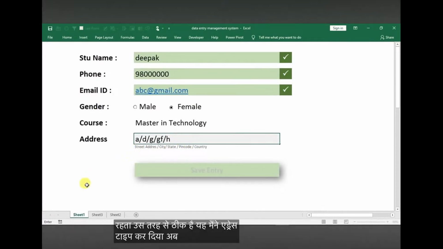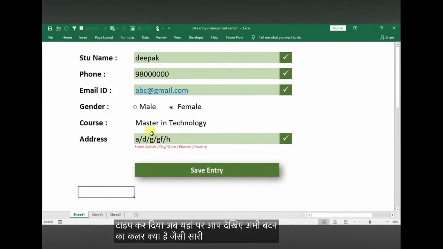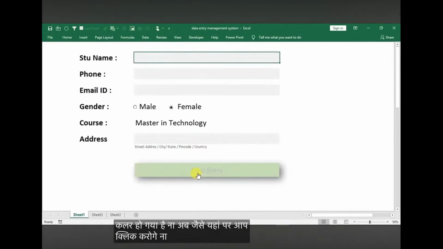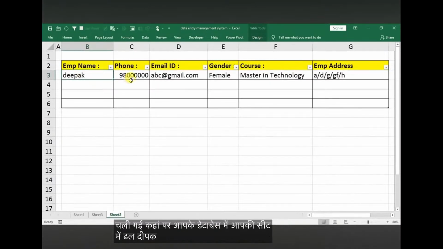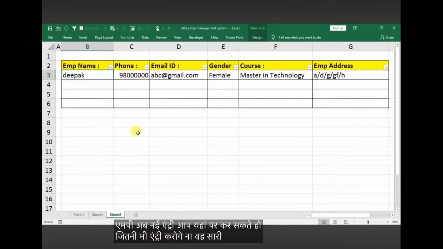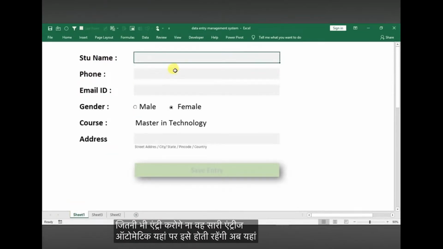ये मैंने एड्रेस टाइप कर दिया। अब यहां पे आप देखिए अभी बटन का कलर क्या है, जैसे ही सारी एंट्री हो जाएंगी तो बटन का कलर चेंज हो गया, ग्रीन कलर हो गया है ना। अब जैसे ही यहां पे आप क्लिक करोगे तो ये सारी एंट्री यहां से चली गई, कहां पे, आपके डेटाबेस में, आपकी सीट में आ गई है। देखिए दीपक, फोन नंबर जो आपने एंटर किया था, abc@gmail.com, पूरा डाटा यहाँ पे आ गया है और फॉर्म हो गया है ब्लैंक एम्प्टी। अब नई एंट्री आप यहाँ पे कर सकते हो, जितनी भी एंट्री करोगे वो सारी एंट्री ऑटोमेटिक यहाँ पे सेव होती रहेंगी।